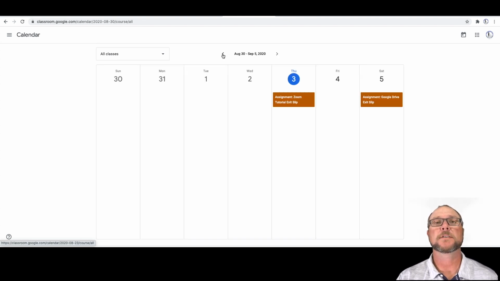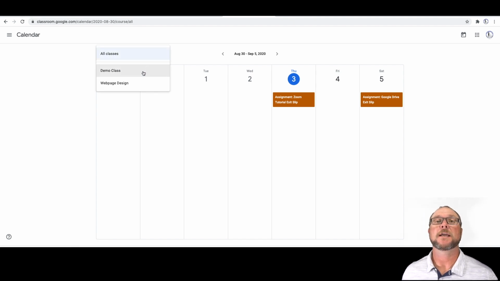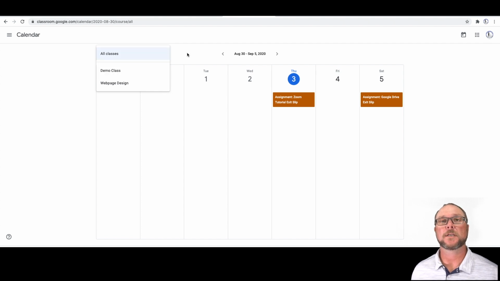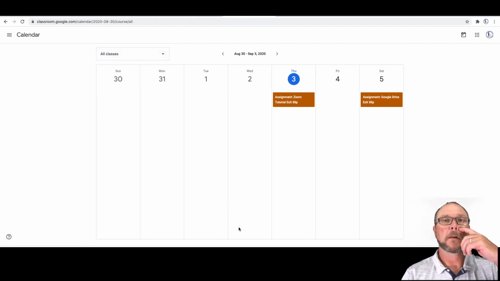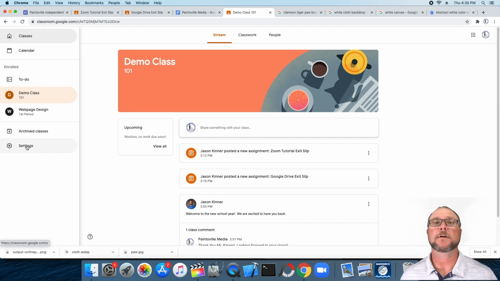And again, the view here is entirely up to you, and it's just another way to improve workflow and kind of give you an idea of assignments that are coming down the pipe or things that you need to complete maybe this coming week. Lastly, after you click on the three bars on the left, one of the things that I would do is roll down here to your settings. Now as a student, when you click on settings,